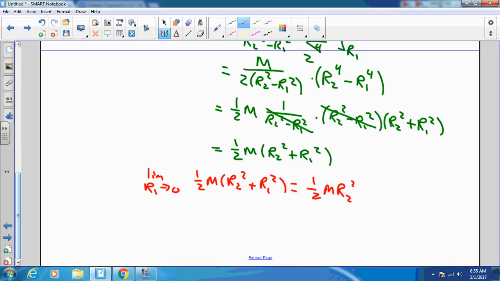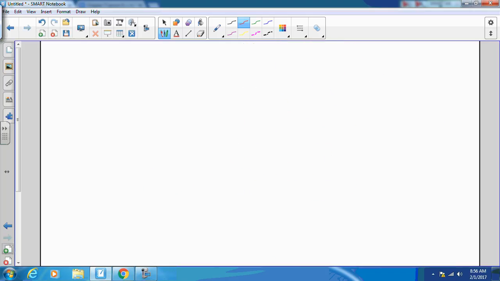This also suggests that I could continue that process. What I could do is to take the mass and continue to shove it out until all of the mass resides at outer radius R2. And when I do, what I get is a thin hoop. So let's consider now